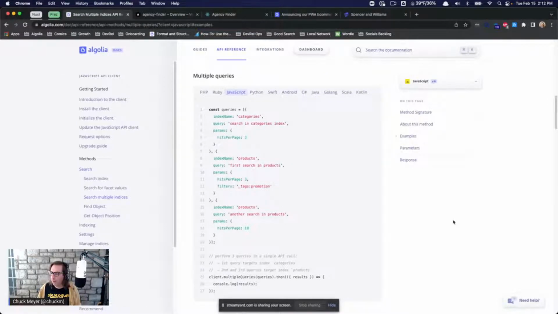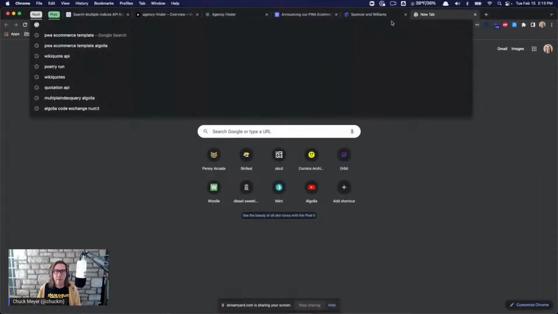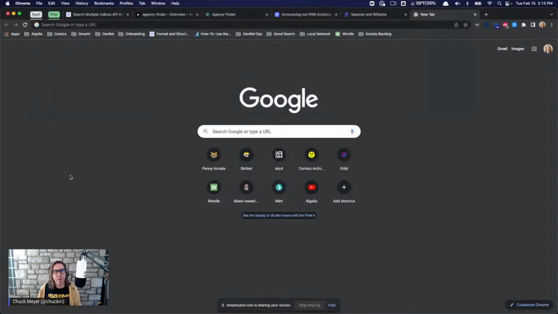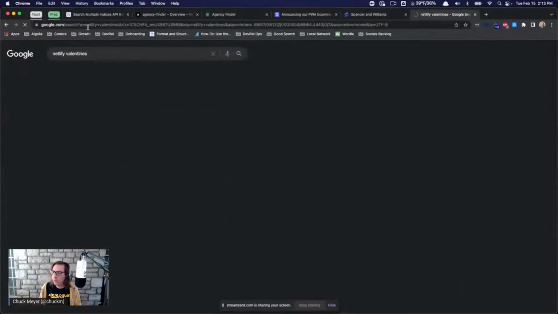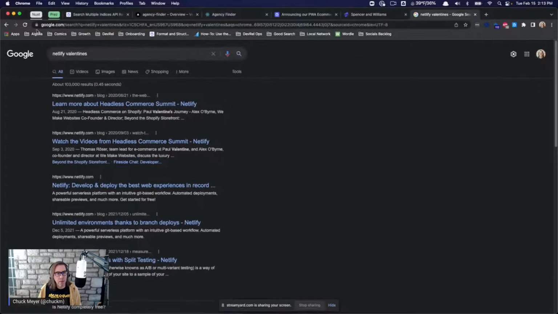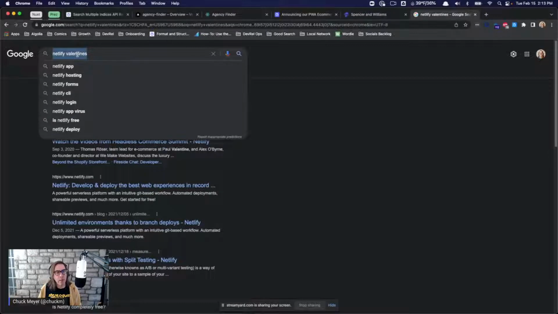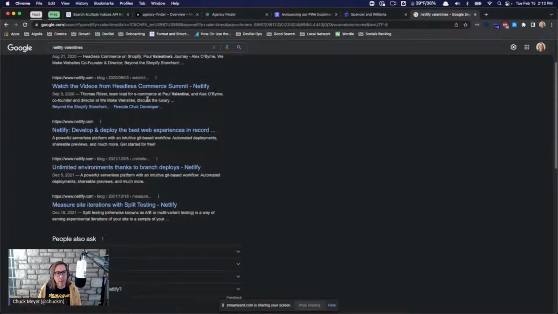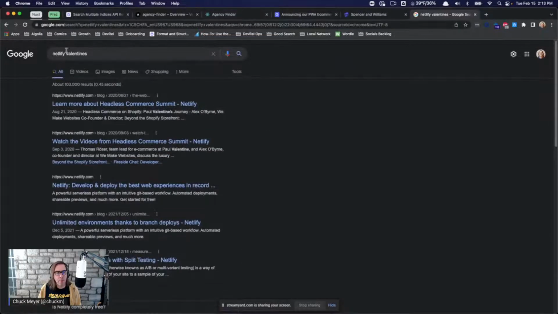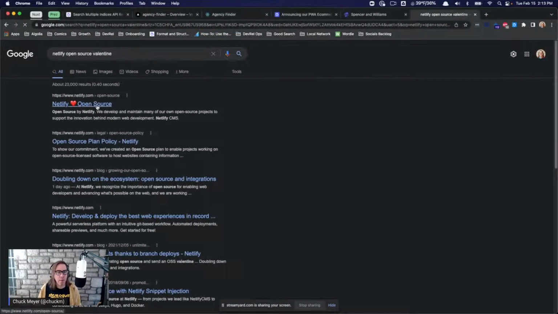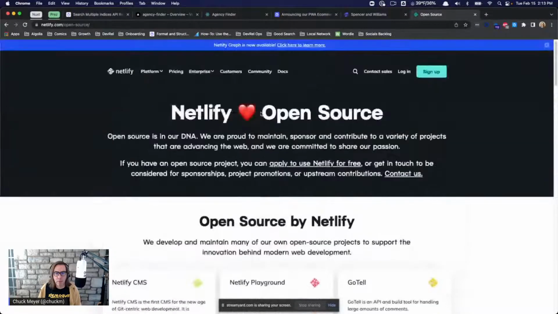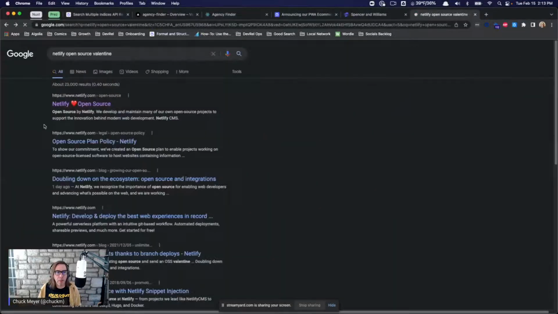And then the other thing is one of the folks at Algolia was talking about this fun little thing. Oh my gosh, can I find it now? Was it Netlify? It was doing a thing with Valentine's. Do you know what I'm talking about, chat? It was a Netlify thing where you could give Valentines to open source projects that you love. Boy, I can't find it now to save my life. There it is. Is that it? Well, it's nice that Netlify does love open source, but